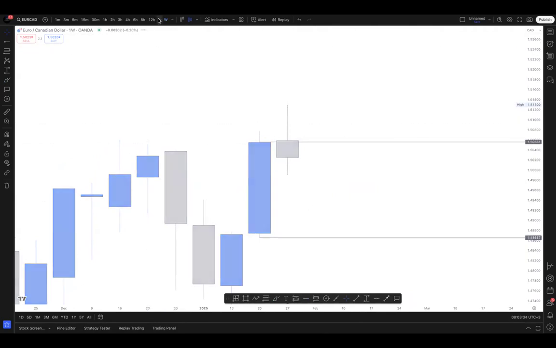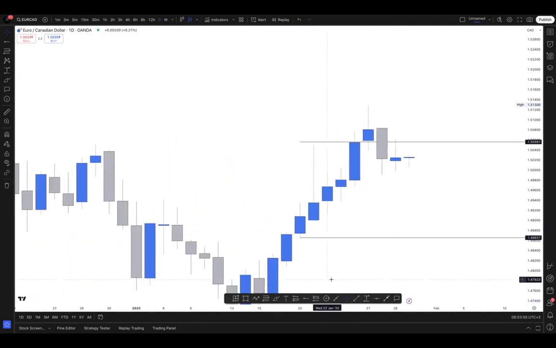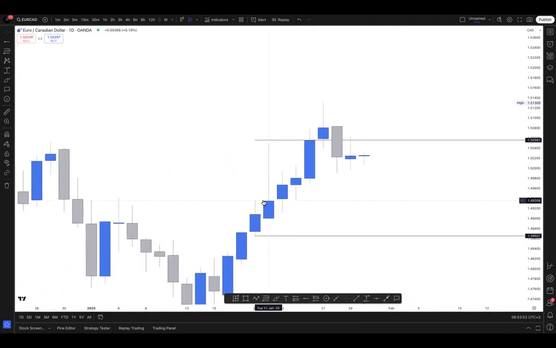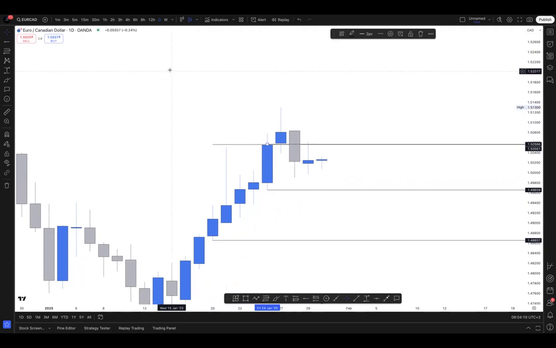So I need to go to the daily. Remember, I want to produce another weekly candle. So we know that in a weekly candle, how many daily candles do you have? 1, 2, 3, 4, 5. We have 5 daily candles in one weekly candle. So this candle closed bullish and it's near the close altogether. So we have this area. I'll mark this one. Now, if this candle also closed bullish altogether,